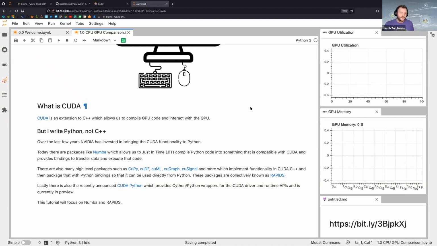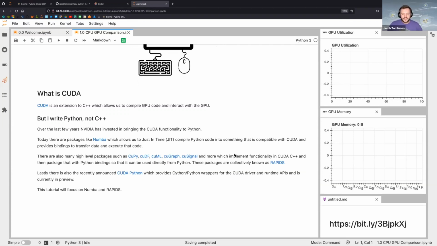and you get some performance boost. But Numba also has a CUDA extension, which means that you write a function in Python, you decorate it with the Numba CUDA decorator, and it will compile it using the NVIDIA compiler into something that is like a CUDA compatible binary. And it also handles binding to CUDA to actually execute that function. Now, that's gone a little deeper in the explanation than we're really going to need to worry about as we go through. Suffice to say, we're going to be using Numba to run our Python code